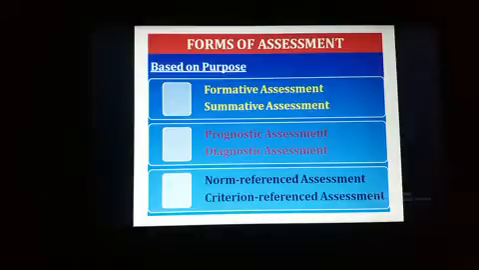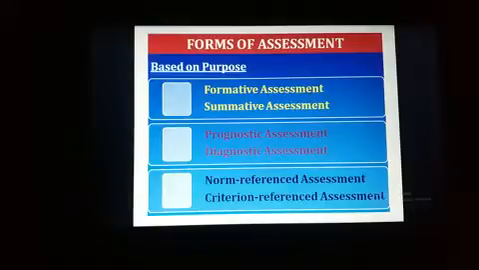The most common form of assessment that we can discuss is based on some categorization or classification. Here is a classification based on purpose, उद्देश्य के आधार पर आकलन का प्रकार। आकलन के प्रकार के ऊपर जब हम चर्चा करेंगे तो उद्देश्य के हिसाब से उसे कैसे कैटेगरी हम कर सकते हैं।